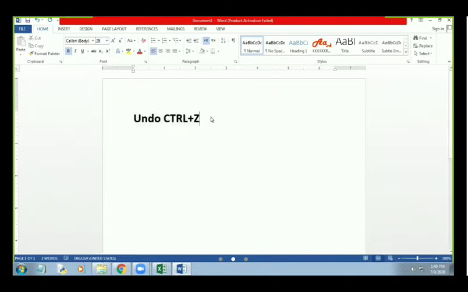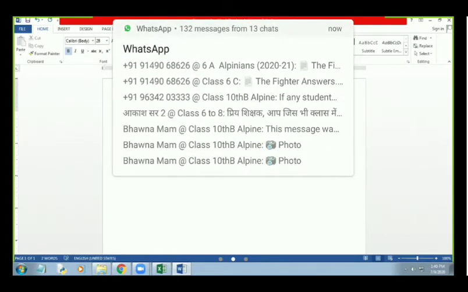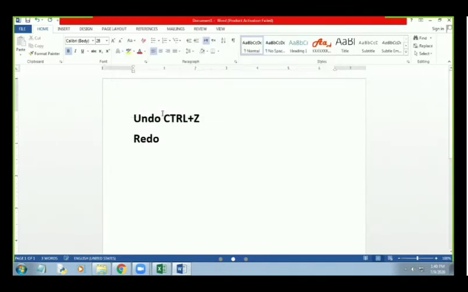And for redo we can use another shortcut command that is called Ctrl plus Y. So these are two shortcut commands that can be used in place of these two buttons.